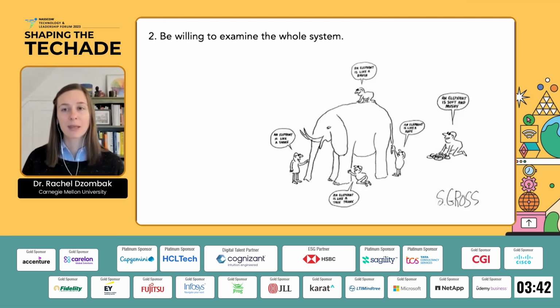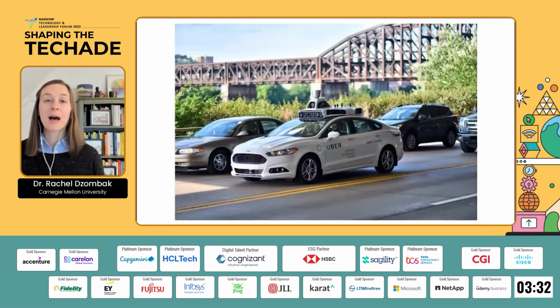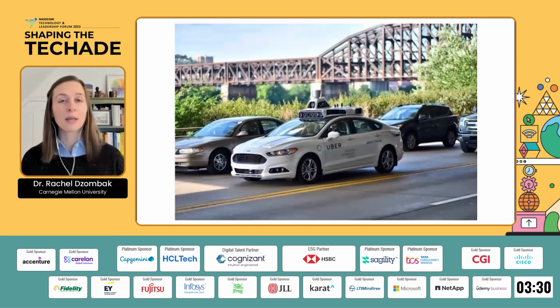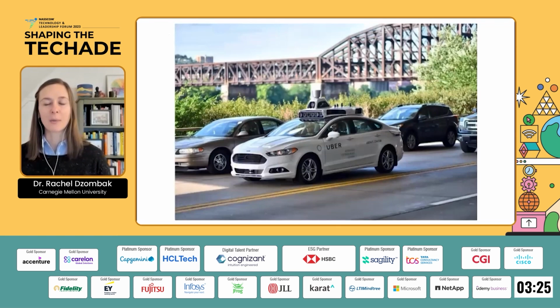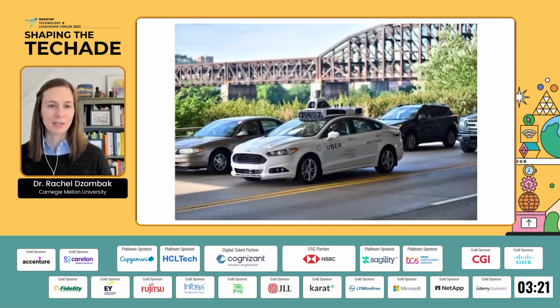So let's go back to our example of autonomous vehicles here for a second. So if we're introducing autonomous vehicles and I said, you know what, I'm just going to focus on the sensors. I'm going to focus on how can I optimize the sensors that we're using to ensure that we have high visibility and are able to gather the information that we need. Well, that is going to limit so much of the other dimensions of the problem.